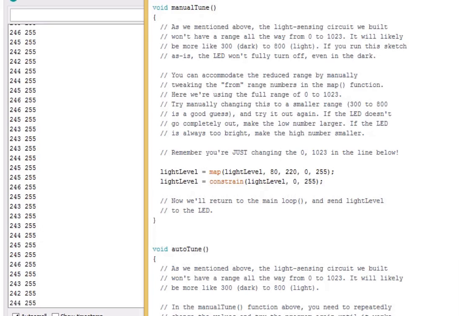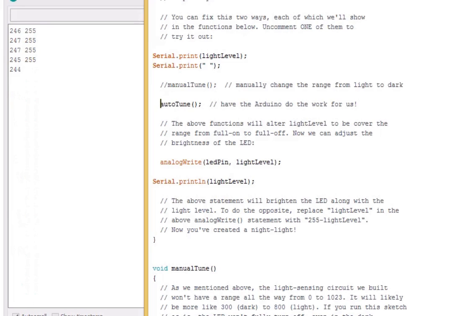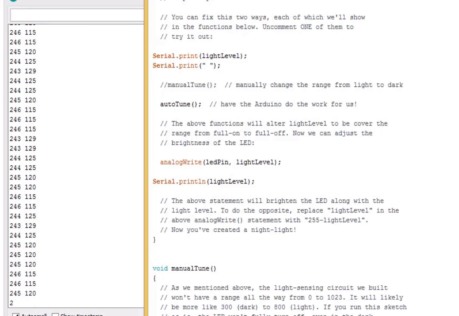Now if we go back over to the sketch, and we've been doing this manual tuning, let's instead go over and let the program do the tuning for us. So we've switched over to auto tune. And now it's outputting 100 something at my ambient light level. So we've got the light on at the ambient light level. And if we cover this, it's sort of twitching and trying to decide what to do. If we uncover it, it gets brighter. But if we cover it, it's sort of flickering